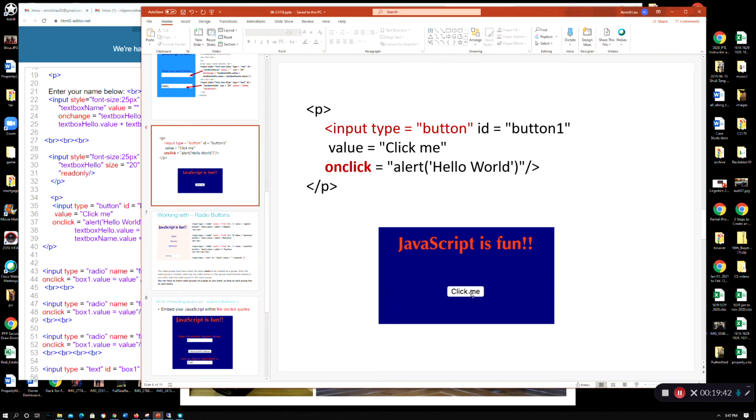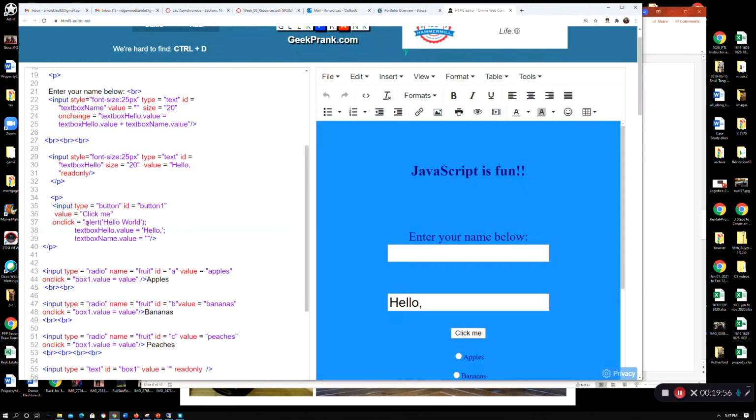That goes onto the label of the button. So the value is click me. And then onclick, that's your event. So your event for this button is when you click on it, and then you'll get an alert, hello world. And so you can see here, I did that. So button 1, the label is click me, which is over here. And then you can say onclick,